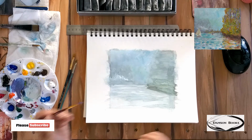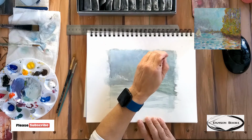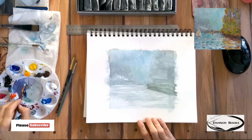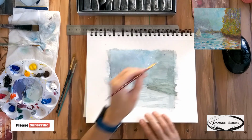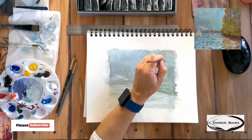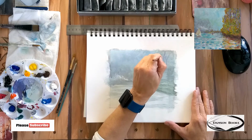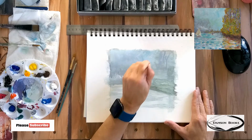Actually it works pretty good. And I'm gonna start adding a few little purplish branches here and there. Now I already know I'm way too strong with my purple, so I'm gonna tone it down with a little bit of white. A lot of times I like to start not as dark, but much lighter than where I should be, because it's much easier to start with a lighter color and darken it than start with a much darker color and lighten it. So there are my few branches here that I'm gonna just apply,